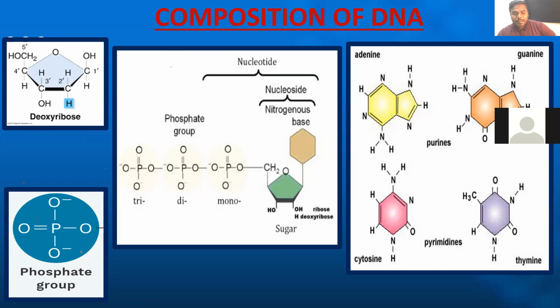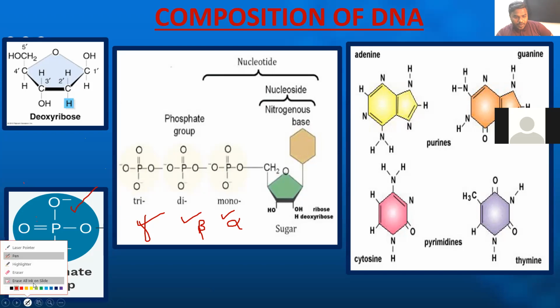Now, what does it contain? Phosphate group. All of you have to listen to me carefully. Every time we say that the DNA is a negatively charged molecule. Why is the DNA a negatively charged molecule? Just because of the presence of a phosphate group. That's a simple point. Now, how many phosphates are there? Only one phosphate is present in the nucleotide? Not at all, friends. In the nucleotide, 3 phosphates. Monophosphate, diphosphate, triphosphate. We can also call it alpha phosphate, beta phosphate, gamma phosphate. Anything you can call it. So, phosphate. Okay, now that's fine.